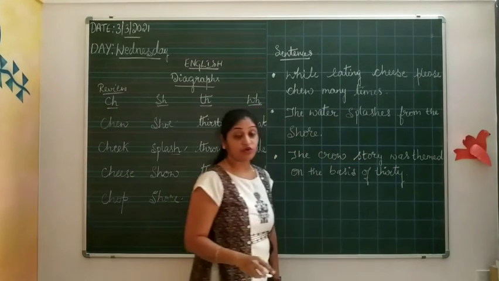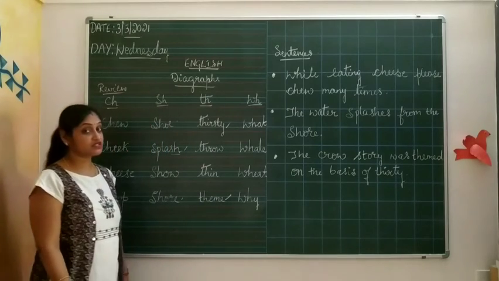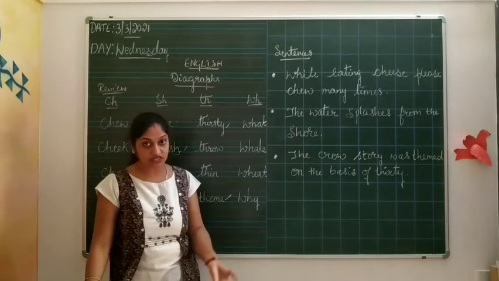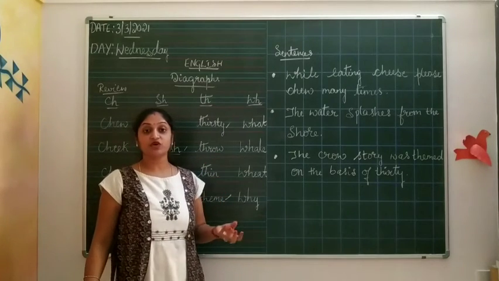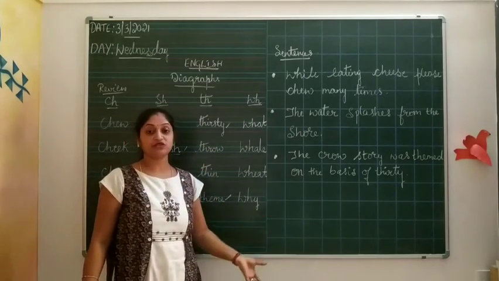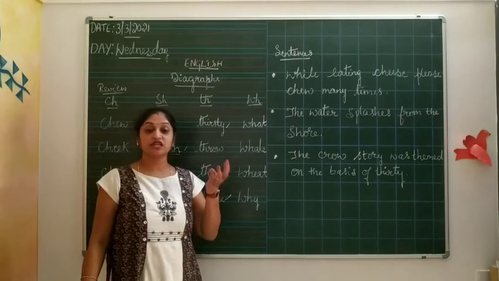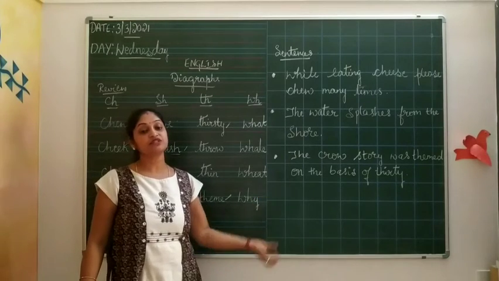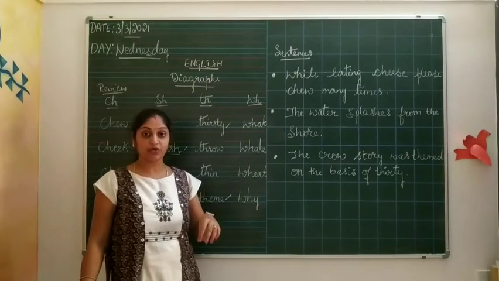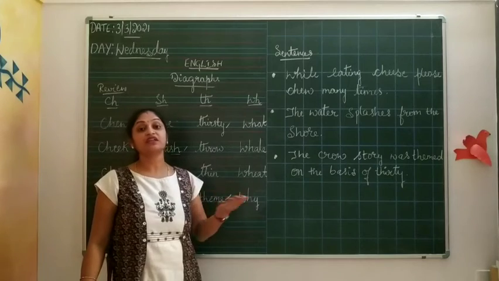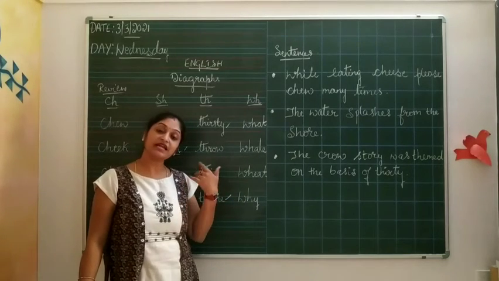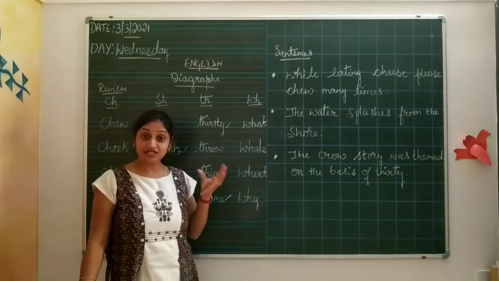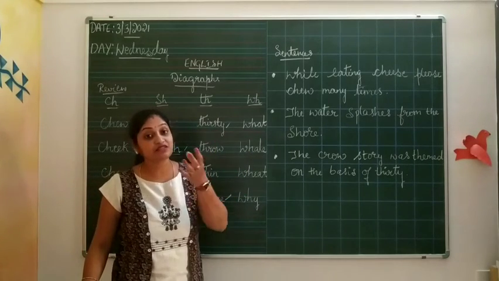You all know the story of the thirsty crow? Yes, the main basis of the story is that the crow was thirsty. He wanted to drink water, so he flew from one place to another. He saw a pot with a little water in it. He didn't know how to drink the water, so he put some stones into the pot. The water came up and the crow drank the water and flew away very happily. The main story theme was based on being thirsty.